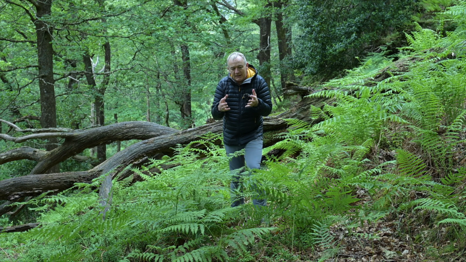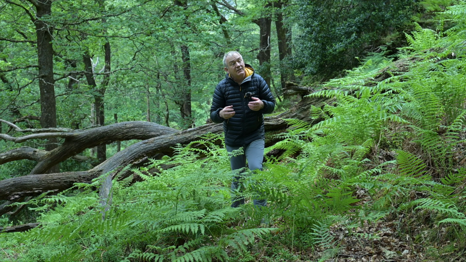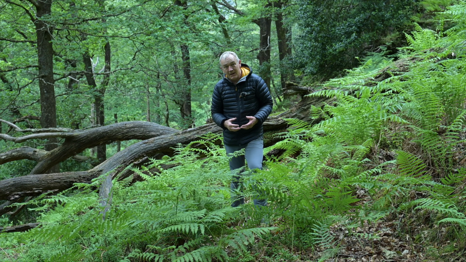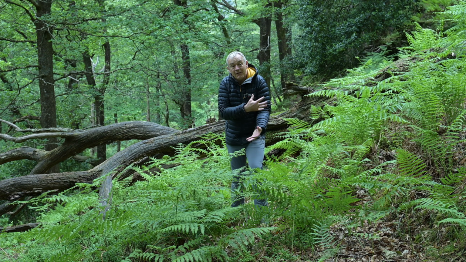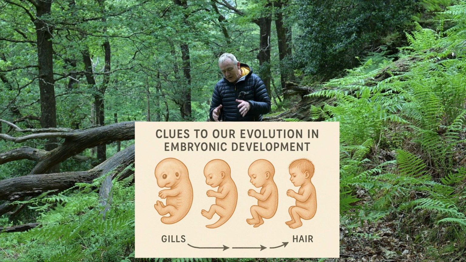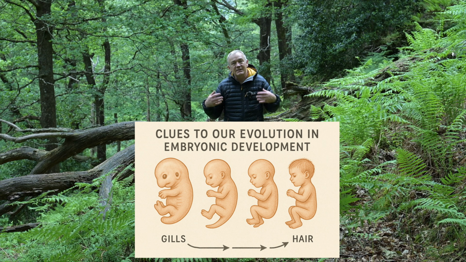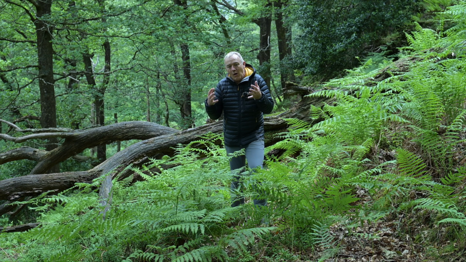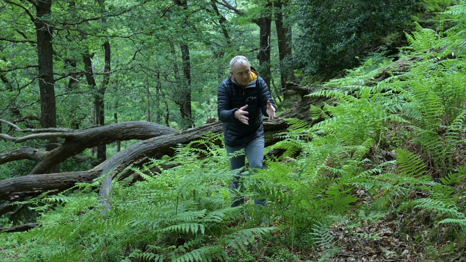But it's incredible that the clue to the fern's evolution is in the gametophyte stage. In many respects, it's akin to the clues that we find in human embryos. We have the embryo with gills or gill-like features. We also have a fully formed tail early on, which hints to our mammalian cousins. Similarly, a fetus is covered in hair. So all of these clues are embedded in these phases, in the embryonic stage and in the gametophyte stage of